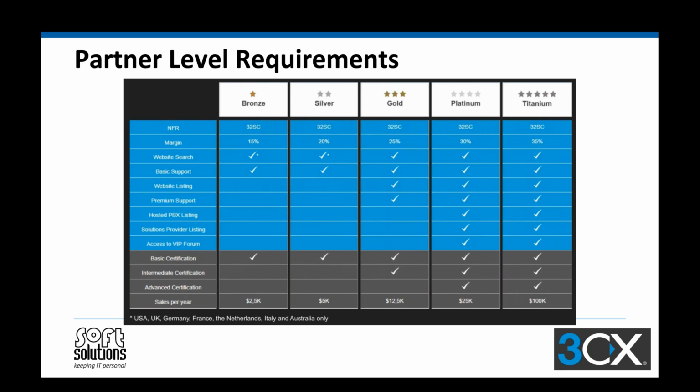In terms of certifications, all of these levels require the basic. To move to gold, you must have intermediate, and to move to platinum, you must have advanced. Now, Matt, you might like to speak to here. We feel that every 3CX partner should have at least one staff member advanced certified. Absolutely, yeah. And that's really important as well, because if you do happen to lose a technician for some reason, they have the advanced certification, the certification goes with them. Absolutely, and